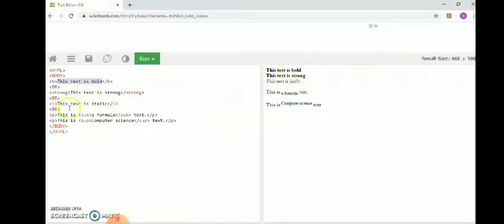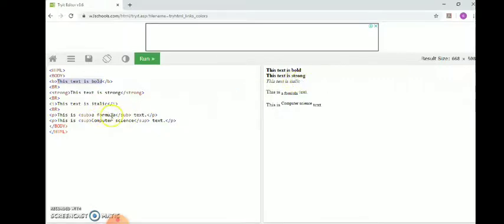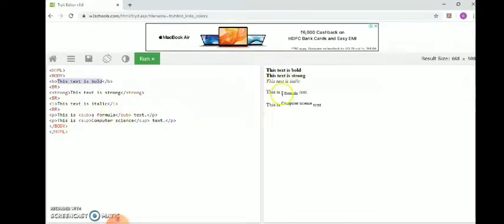Yes, this is strong. Italic, so see how this italic statement has come. Then the formula has come as a subscript, and then we have superscript as computer science. This is where computer has come above the text. Subscript. Yes, over here the formula is subscripted.